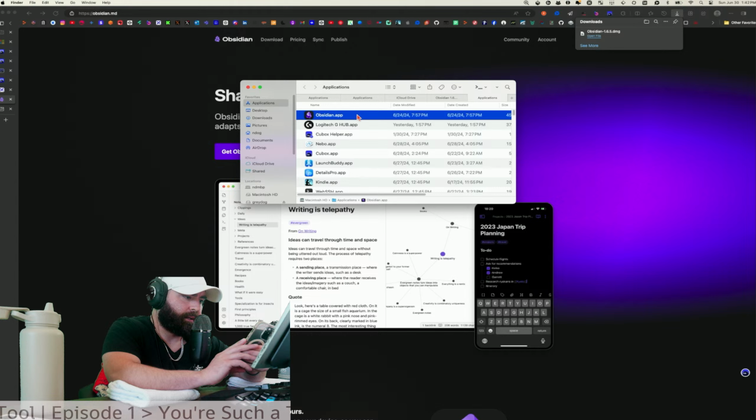So with Obsidian, you have to start your vault on your mobile device first, because that creates your vault inside of iCloud, more specifically inside the apps container inside of iCloud. So then you can see it everywhere that you sync iCloud.